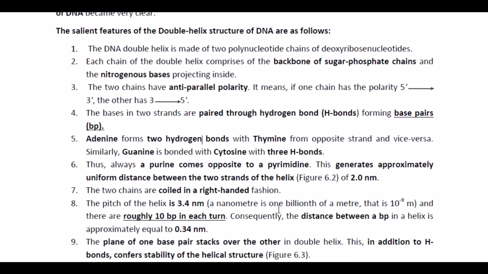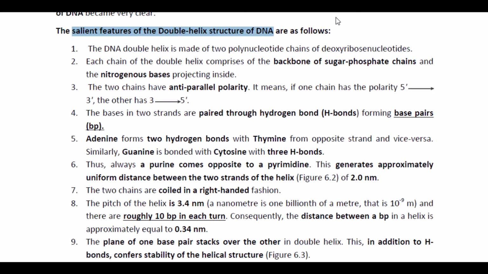In the last lecture, I had talked about the basic structure of DNA. That was the introductory class. Now, after taking up the basic structure of DNA, we shall be taking up the salient features of the double helical structure of the DNA. As I have told you, the DNA is a double helical structure, and this model of double helical structure was given by Watson and Crick.